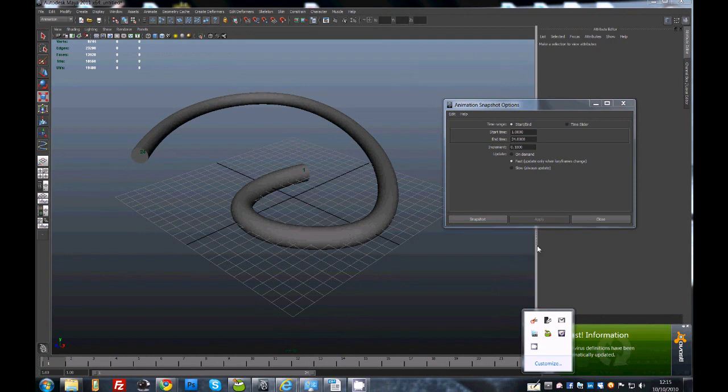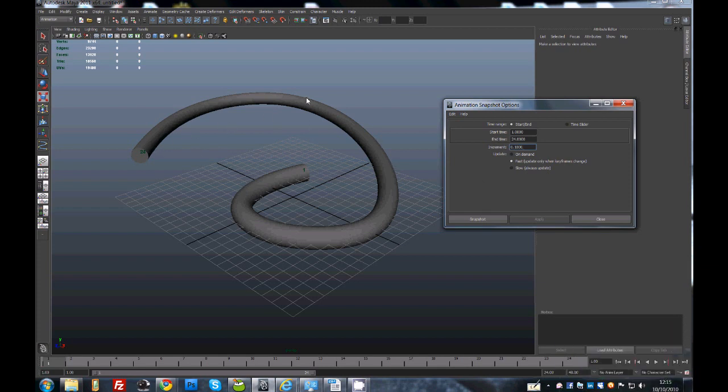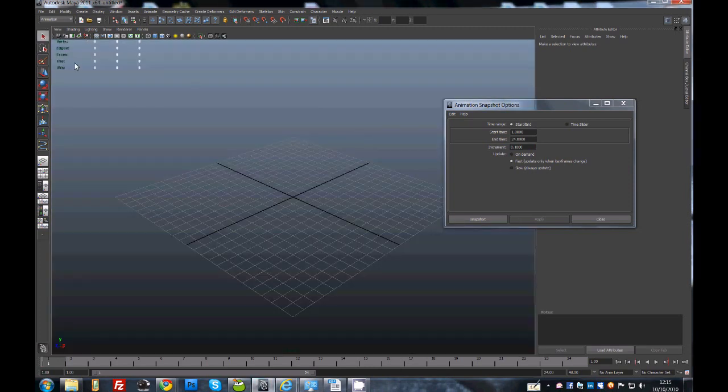Okay, so in this tutorial what we're going to be doing is creating a polygon and replicating it down a curve. This should get us a shape similar to the one we've got here, but you can do this with whatever you want really. So we're going to start a new area,